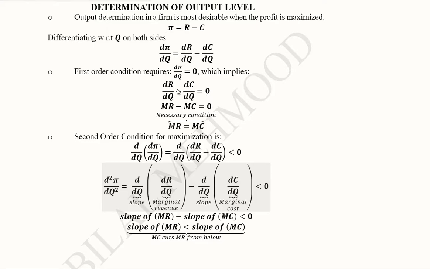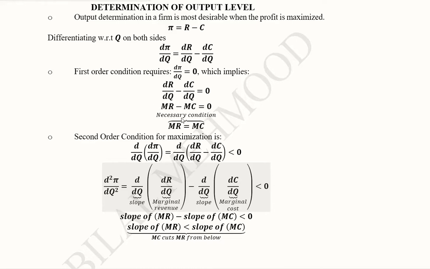Now we can rearrange it using the more economic terms: the derivative of the revenue function with respect to output is the marginal revenue, and the derivative of the cost function with respect to output is the marginal cost function. Now we take the difference, as the minus sign is still there. Now we rearrange them in the next step, which becomes MR is equal to MC,